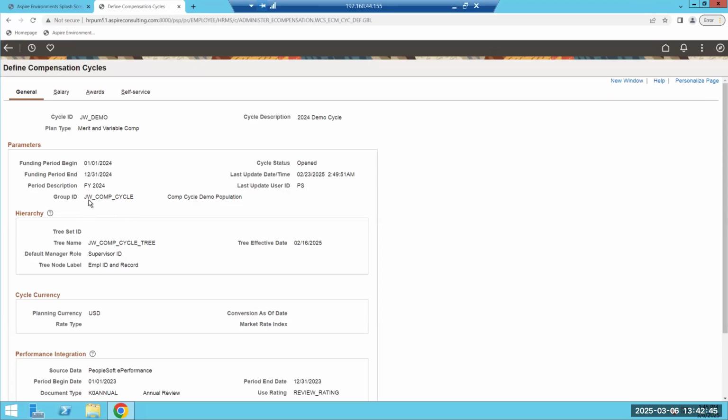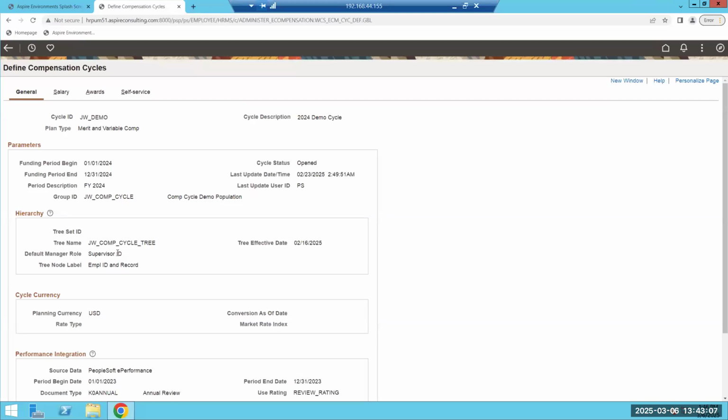So then we see, here's our group ID that we defined. This is where we specify our population. Here's the tree that we created. Default manager role is supervisor ID. So this basically